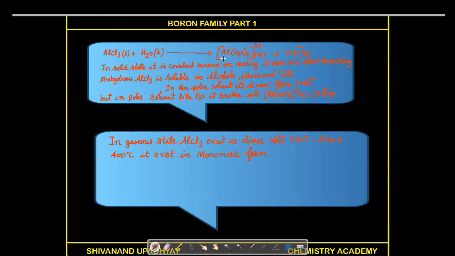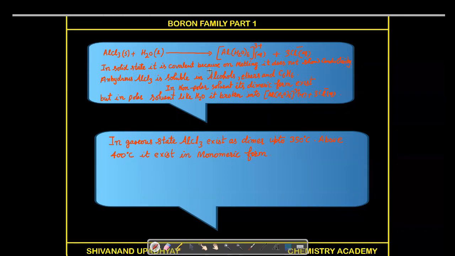There is a question in JEE Advanced that when aluminium chloride is added to water, in what form does it exist? It is not aluminium plus 3 only and Cl minus. It is aluminium plus 3 in aqueous, and aluminium plus 3 in aqueous is in this form. It is existing in this form, right? So in solid,